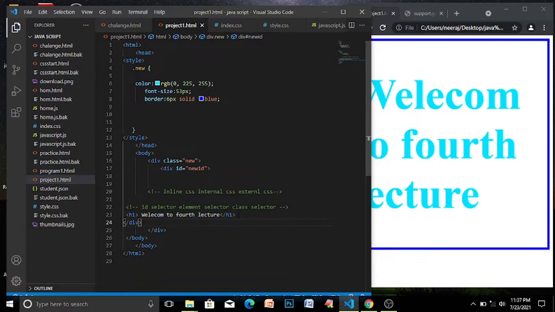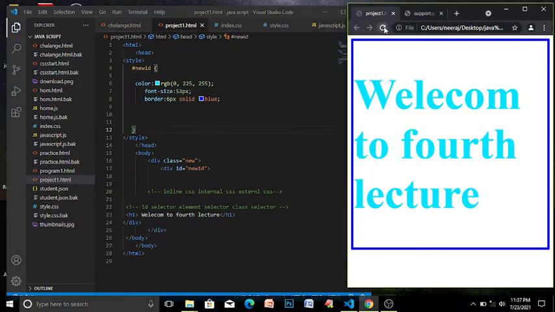Now, before accessing from the class, let's access it from the ID. Let's see what happens. Remove the class name and write the ID name, new ID. Save it. You can see there is no effect on this because it is also accessing the ID.